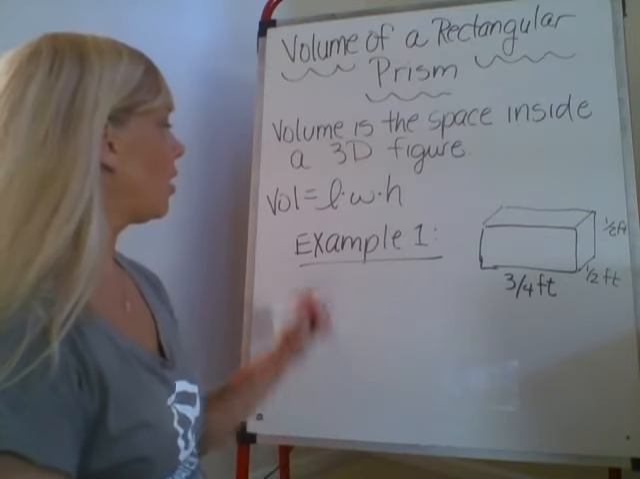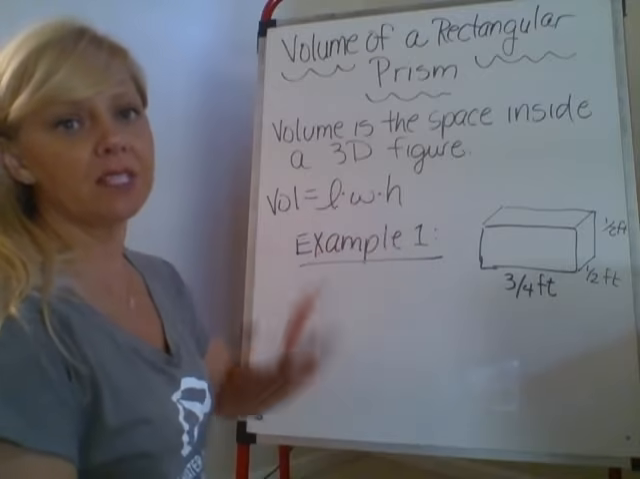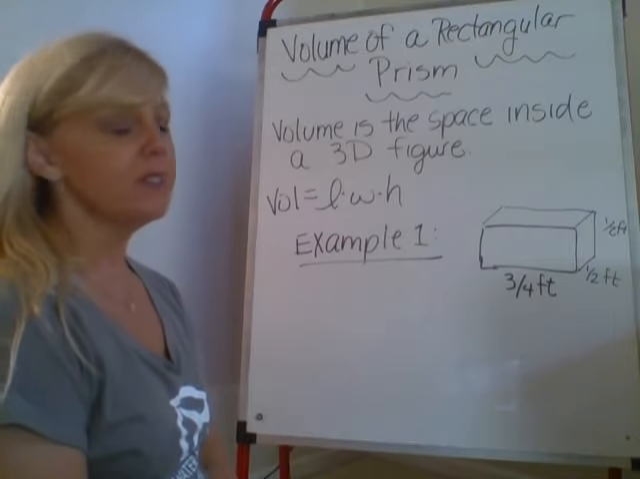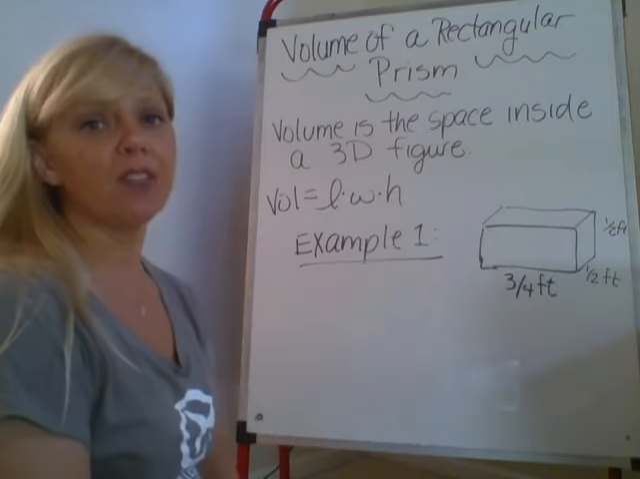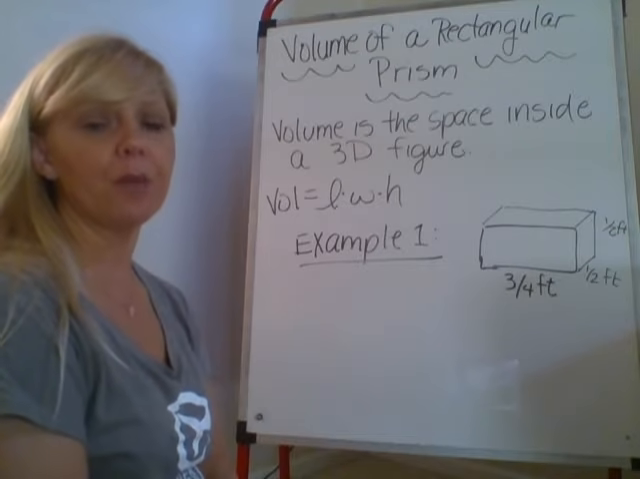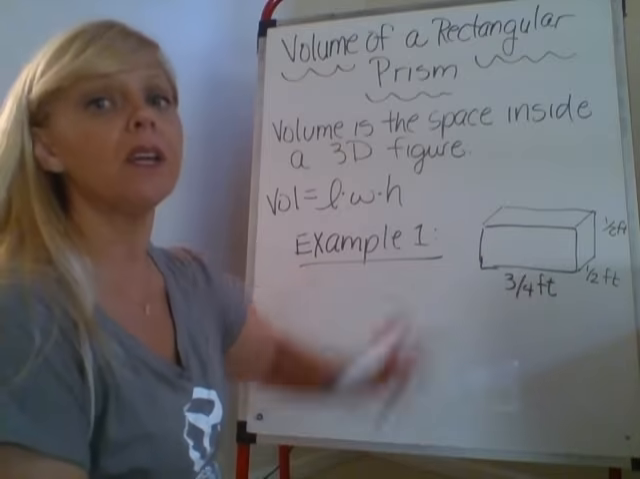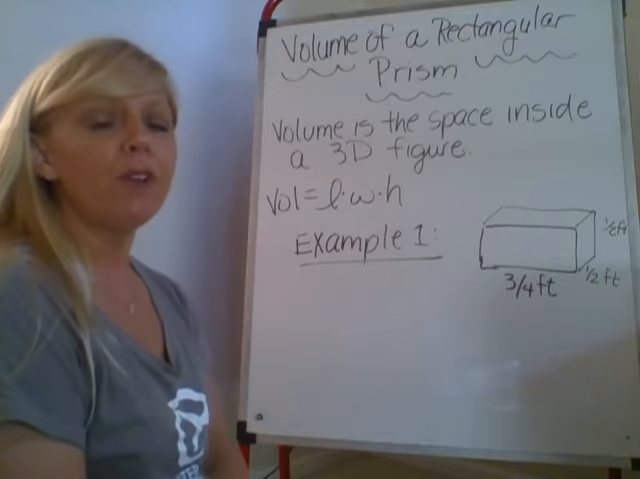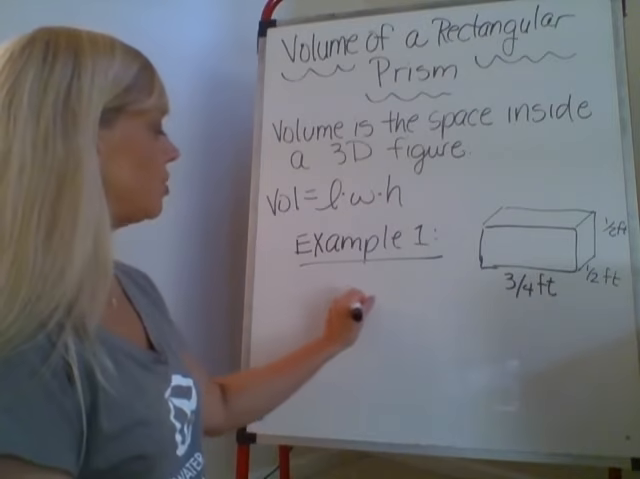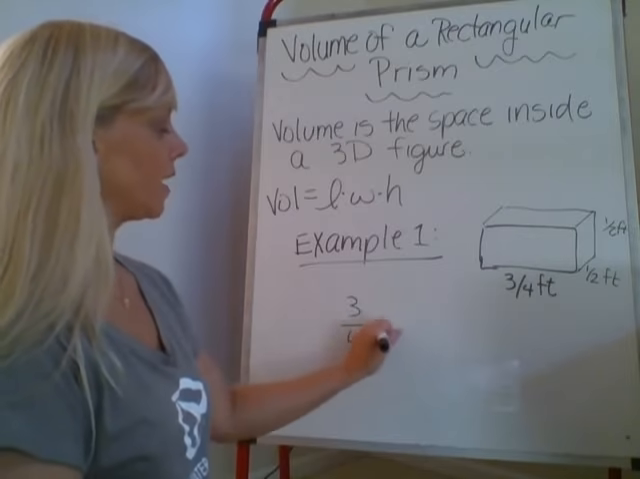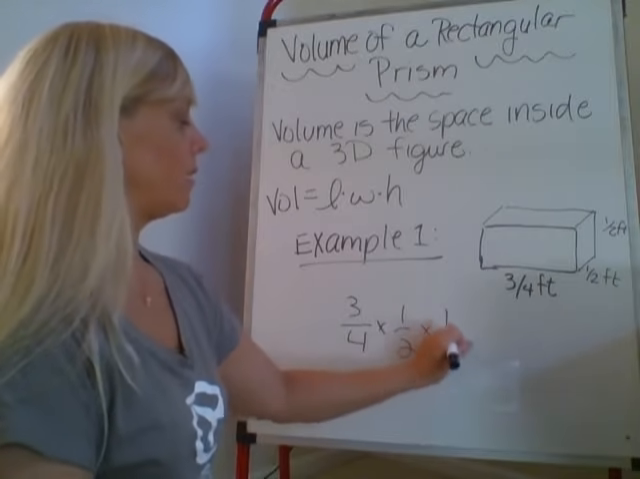So when we find volume, we do length times width times height. That's the formula. So for our first example, I have fractional units. I have 3/4 foot by 1/2 foot by 1/2 foot. So if I wanted to find the volume of, let's say, this brick, because it kind of looks like a brick, we would just do 3/4 times a half